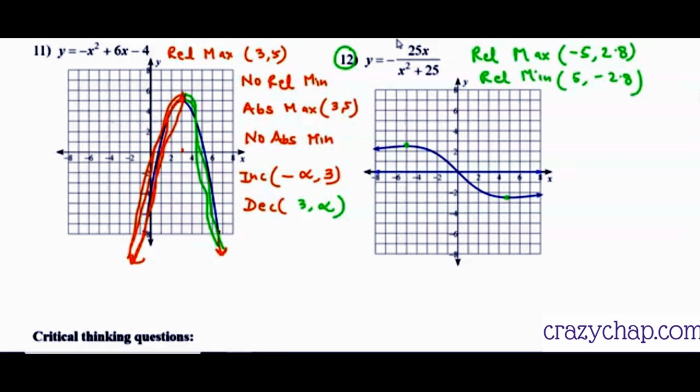Guys, please understand, this is a learning from the horizontal asymptote. Why did I say the horizontal asymptote is the x-axis? Because the degree of the numerator is 1 and the degree of the denominator is 2. So when the degree of the numerator is less than the degree of the denominator, then the asymptote is the x-axis. It means this graph will keep on going down and down, but it will not touch the x-axis, neither this section nor this section. So with this understanding, it will cross the x-axis.